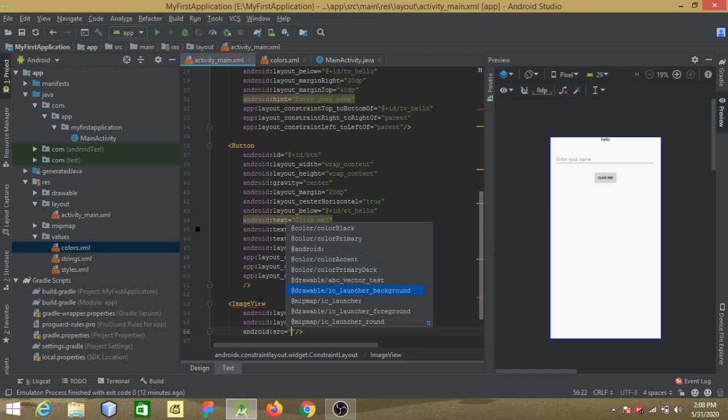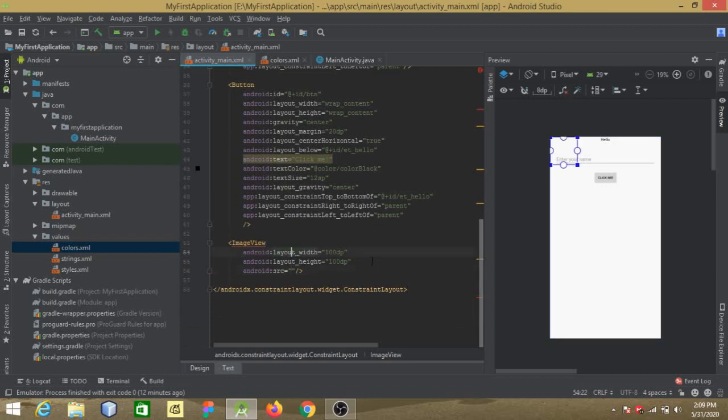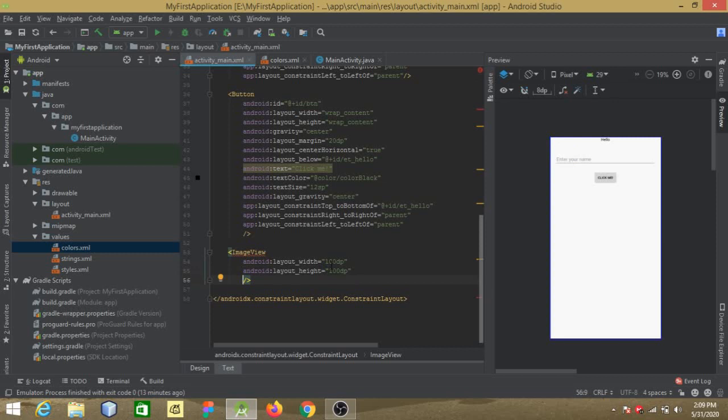and from the drawables folder we can choose any image. And if we want to add an image to the drawables folder, I'll show you that also, how to do that. But first of all, let me constrain this item according to the layout. I'll place this image view below this button. So we'll type